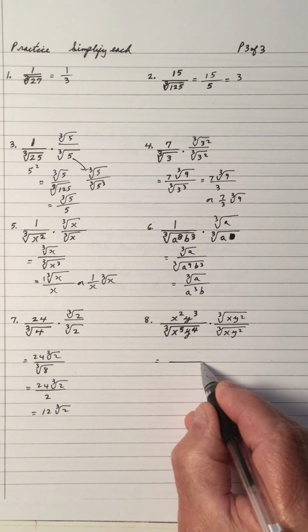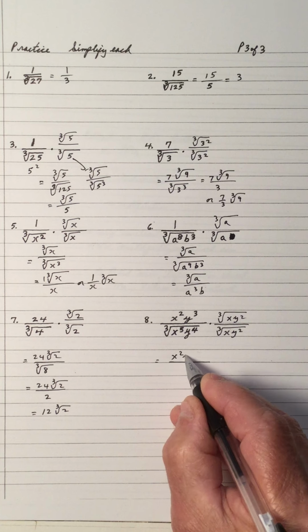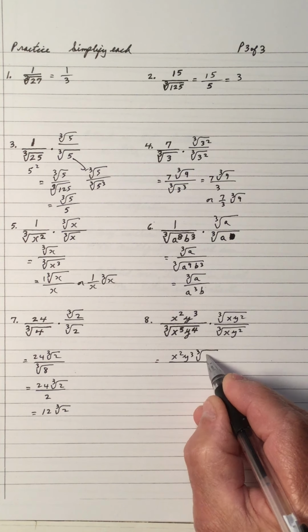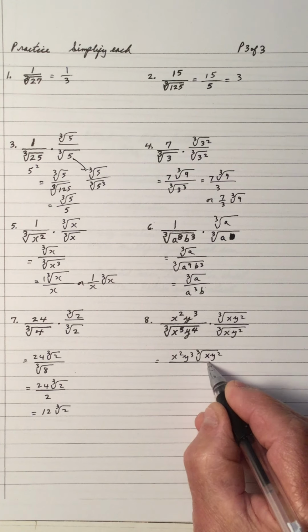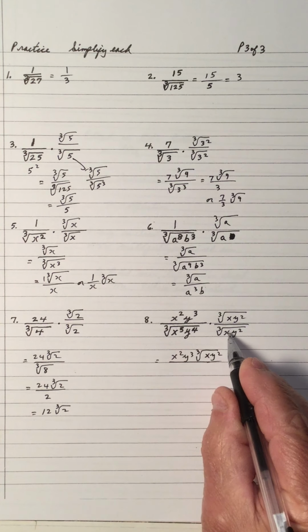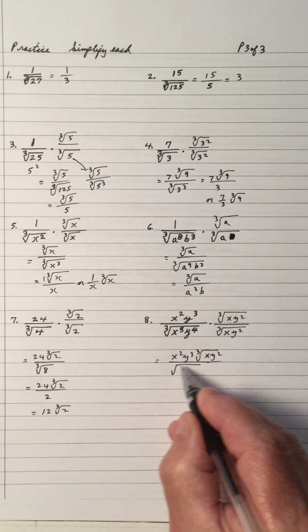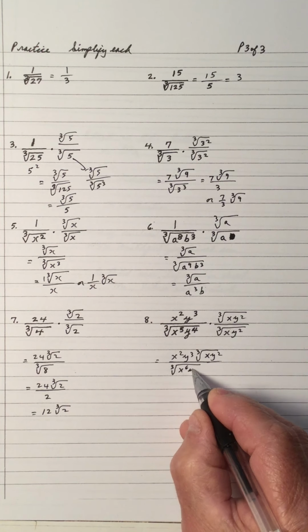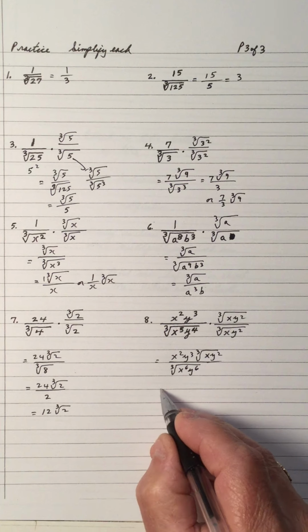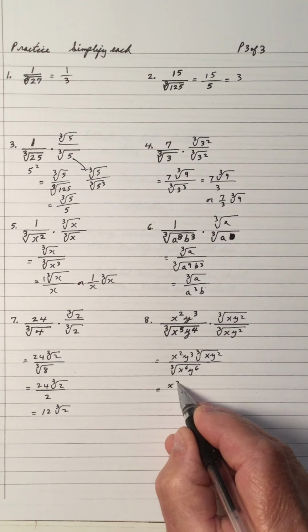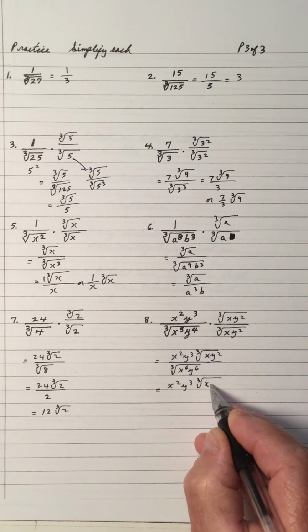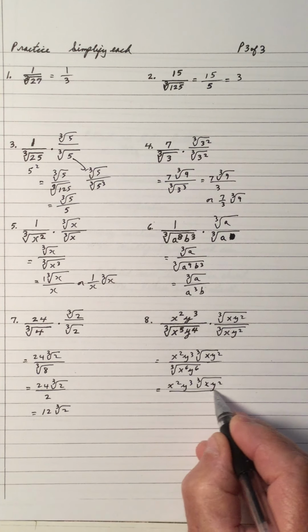So we multiply x squared y cubed root, cube root of x, y squared. And your denominator, and I write it out, is cube root x to the 6th, y to the 6th,